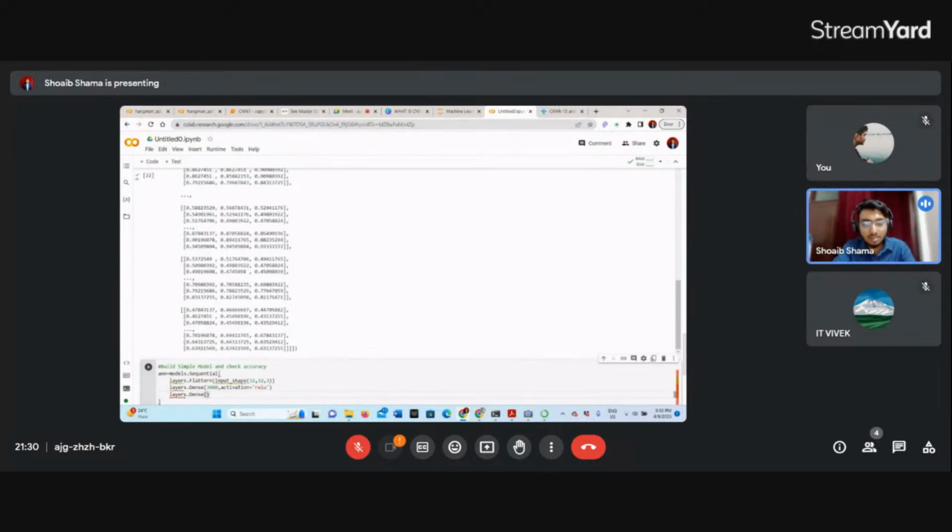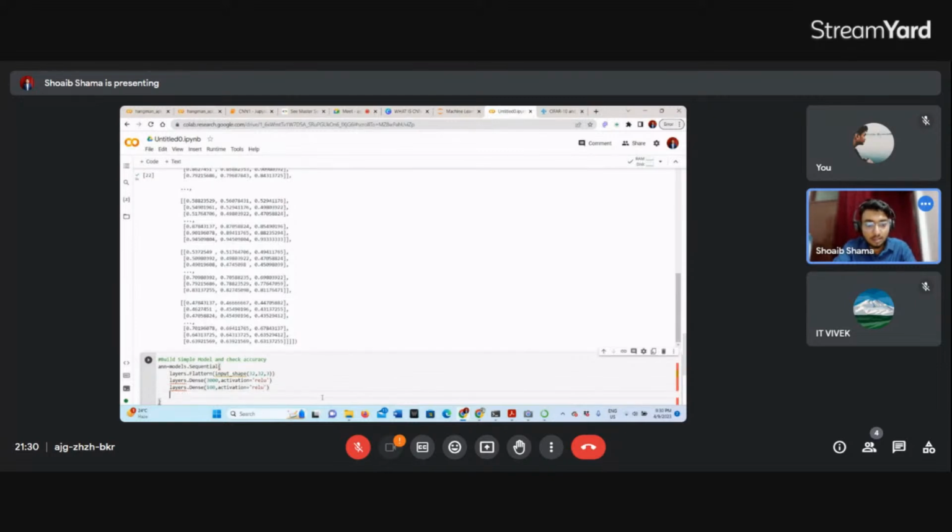Let's put 1000 only this time, and activation is relu only. And layers dot dense, and the last would be 10 because we have only 10 classes now. Activation is equal to relu.